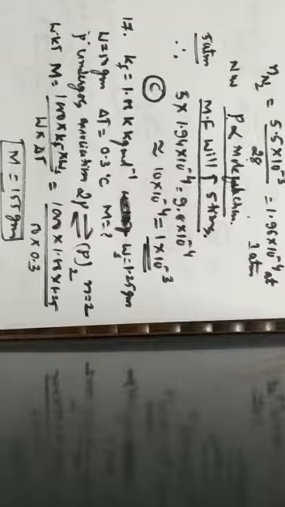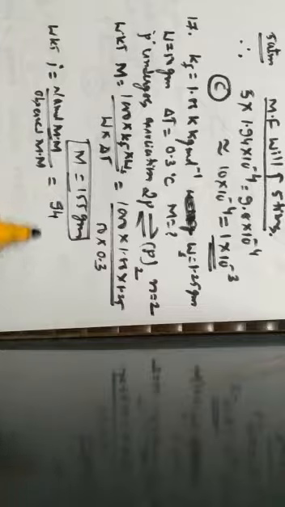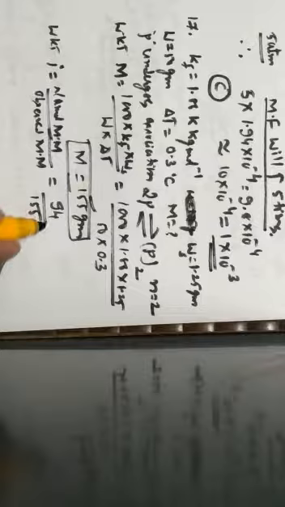That is the molecular mass. We know that i is the Van 't Hoff's factor. The Van 't Hoff's factor i is equal to the normal molecular mass divided by the observed molecular mass. The normal molecular mass is 94, since the molar mass of P is given as 94. The observed molecular mass is 155. It comes out to be 0.606.